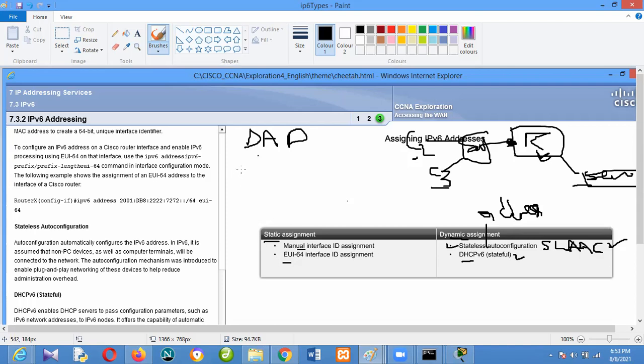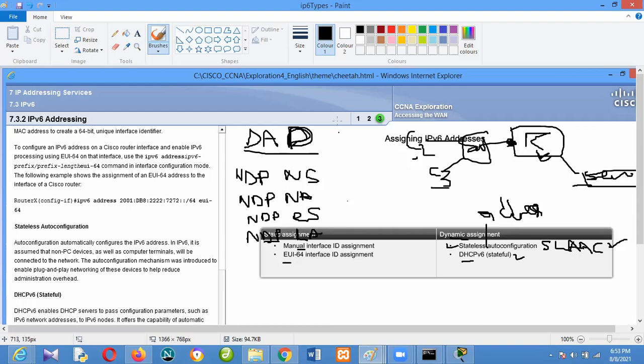There is this protocol called NDP. You have NDP NS, NDP NA, NDP RS, NDP RA.